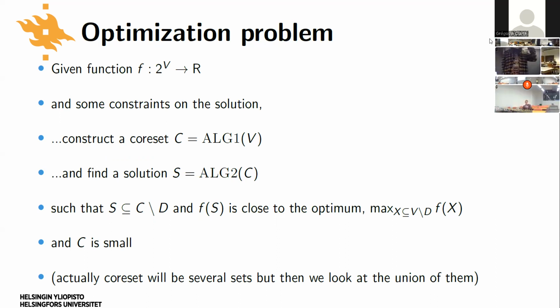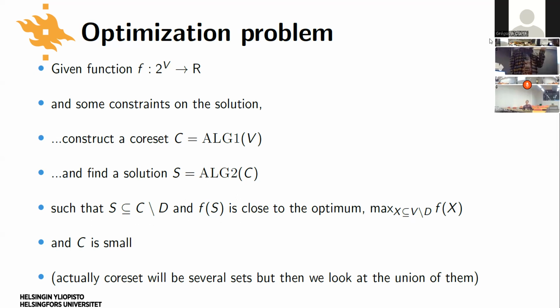We also have some constraints on what type of solution needs to be. We said it needs to be K movies. So that's one type of constraint we consider. We also look at other constraints as well. But I'll talk about the function f and also about the constraints a little bit later.